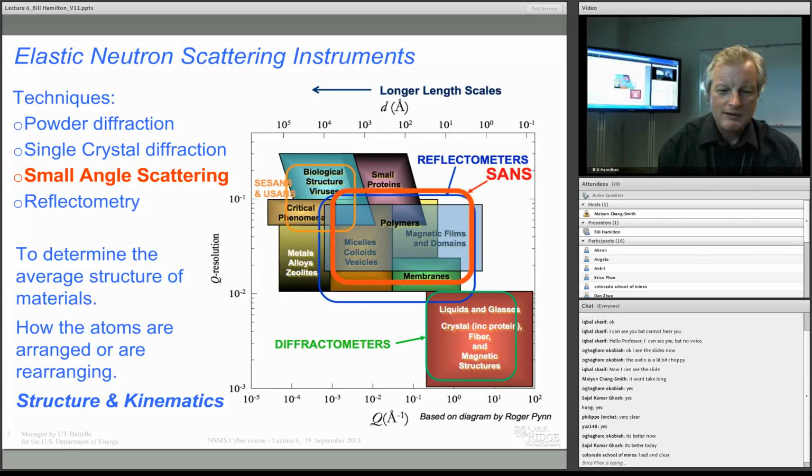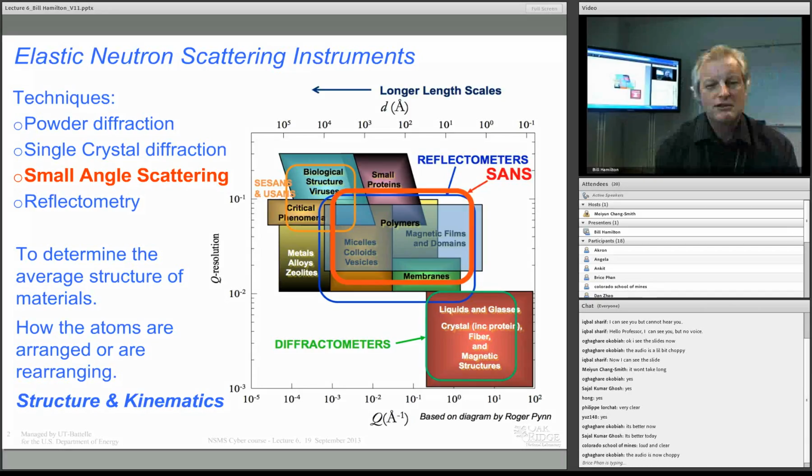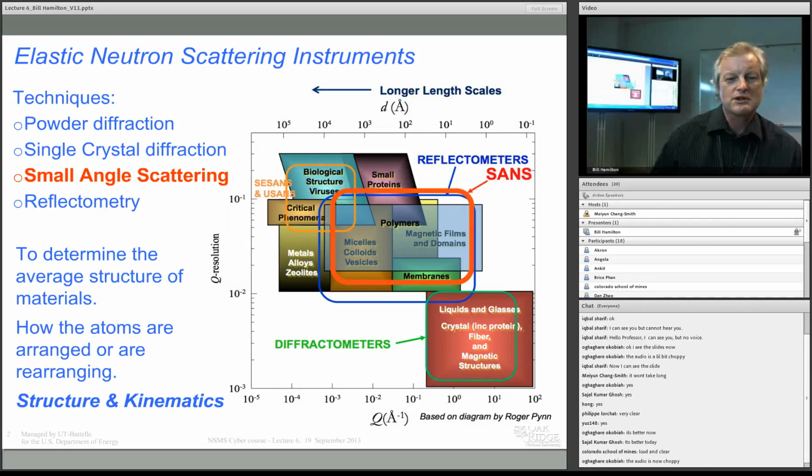I was trying to explain to you that each neutron scattering instrument is a series of compromises that are made to measure over about 2 or 3 orders of magnitude at appropriate resolutions. Let's take some of those compromises, do some of those things, and not do others, and see how